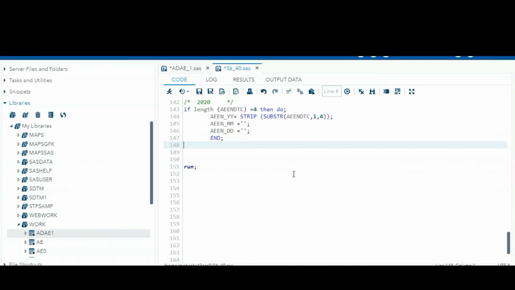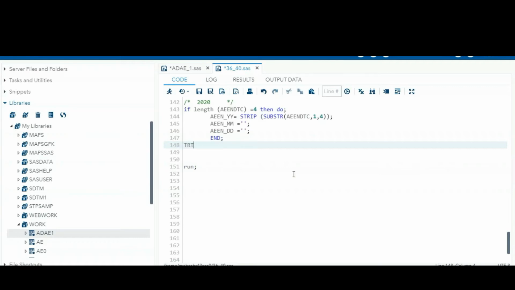Here they are asking for first study dose. If anything is missing, you can take the reference from the treatment start date. Sometimes they may ask for randomization date, sometimes ICF date, whichever dates are complete. So here, treatment start date.